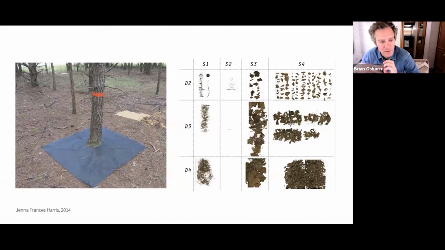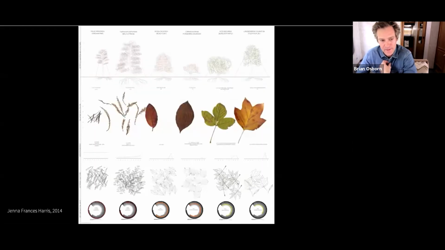So Jenna started to put weed fabric down under some of the trees so that she could try to quantify how much leaf litter was being made. And if we go back to this chart that she produced, again, this is a kind of combination of that on-site measurement and what she could gather from botany books, but she's kind of looking at the form of the tree and the potential leaf litter pattern at the top.